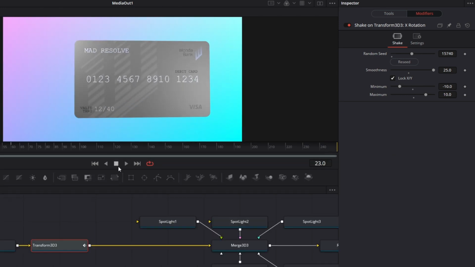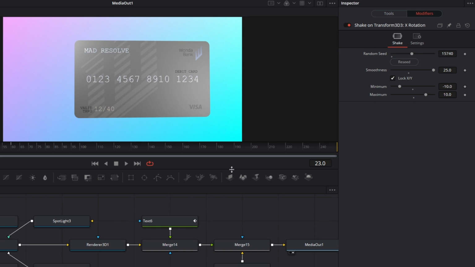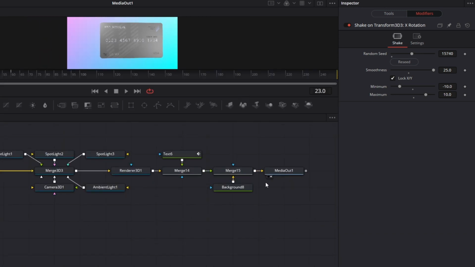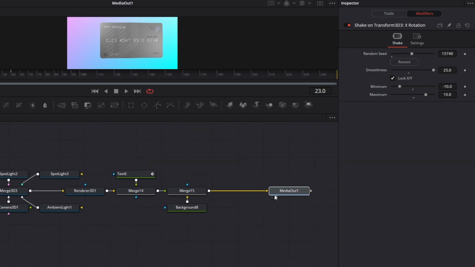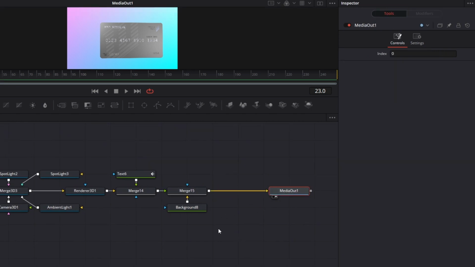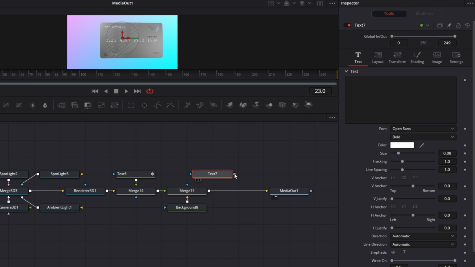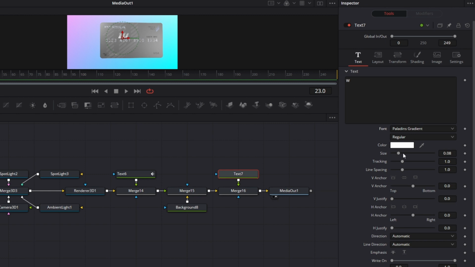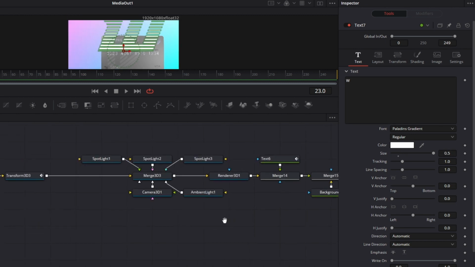One other thing I just want to add towards the end of this, let me expand this, zoom out a bit. Just on top of the background is a text node. Add that here. And this text, I want it to be the big W, change it to Paladin gradient, and increase the size like crazy. In fact, what I should do